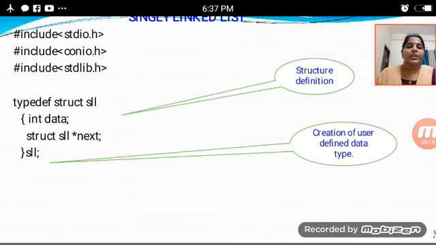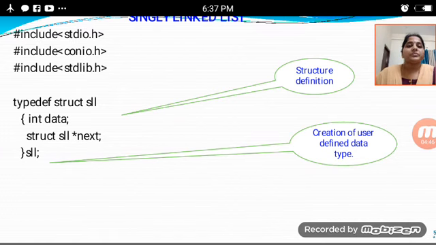I am taking an integer value, that is data, and then a struct single linked list pointer, star next, which holds the address of another node, inside the curly braces.